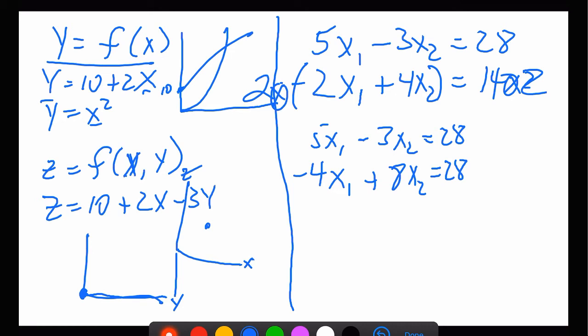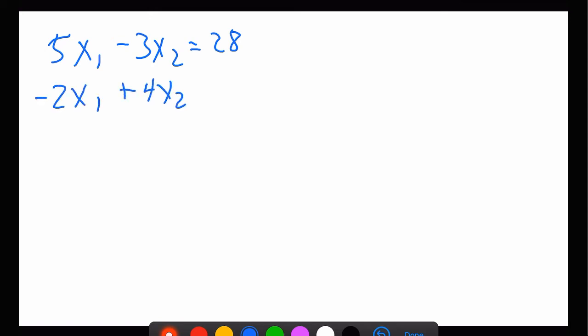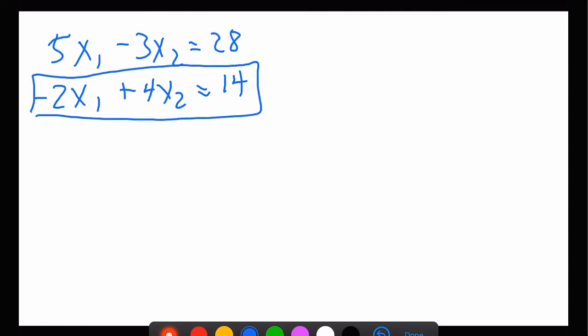No? You don't want to do that? The easiest way to do this is say, all right, take this. Let's go over to the next page. And 2x1 plus 4x2 equals 14. Let's take this equation and solve it for x1. Can we do that? So I've got minus 2x1. I'm going to take 4x2 and subtract that out of both sides